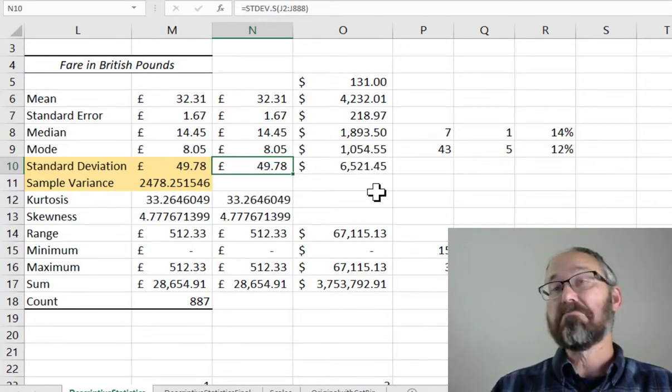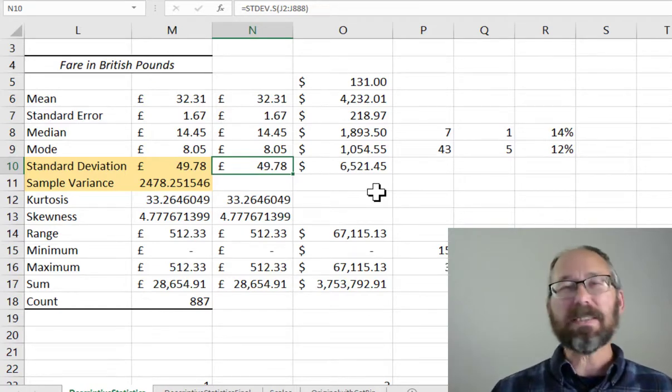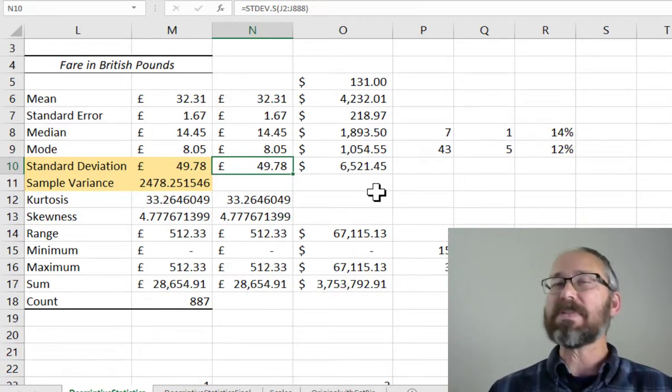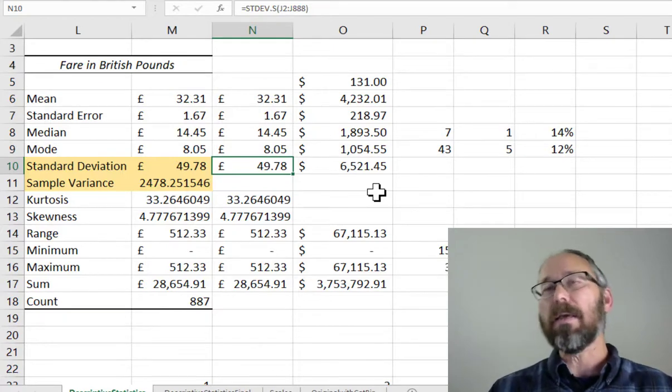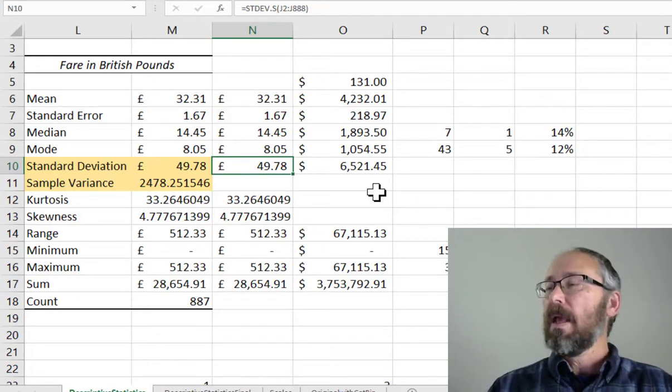And that is around 6,500 standard deviation. So it's kind of an average distance, but it's that average distance squared, so it emphasizes those that are further away, but it gives us an idea of how spread out these things are. Now,